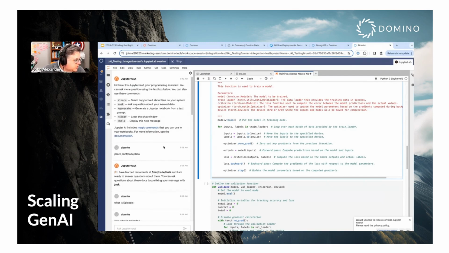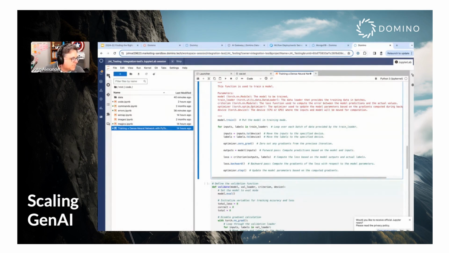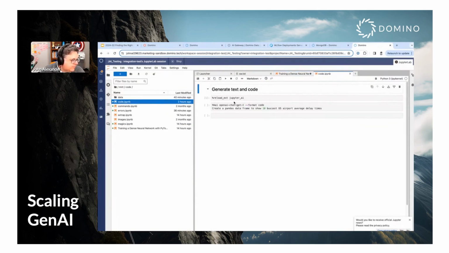Okay, so now I'm going to take a look at some of the magic side, and let's go in and see it. Let's ask it to create a pandas data frame to show the 10 busiest U.S. airport average delay times. Notice here, I'm loading the AI magics, and the way I use that, if it's a double percent sign magic, that means it applies to the entire cell. And then I'm giving it the model that I want to use,